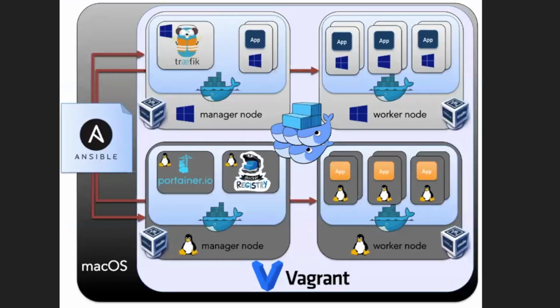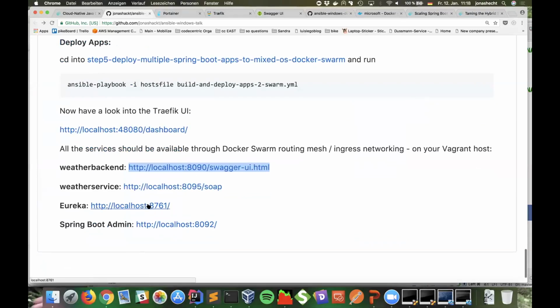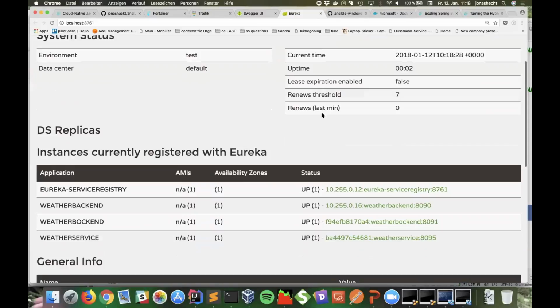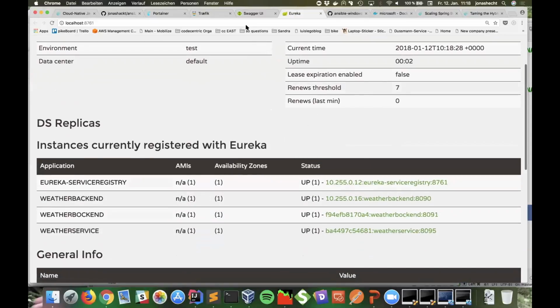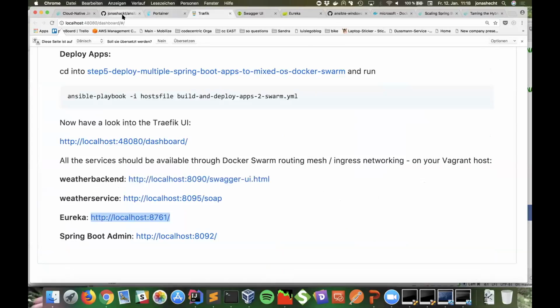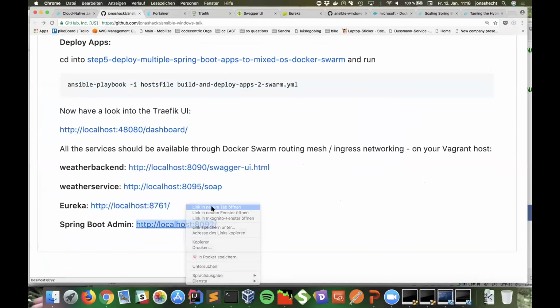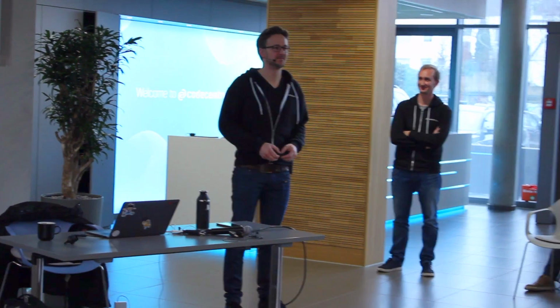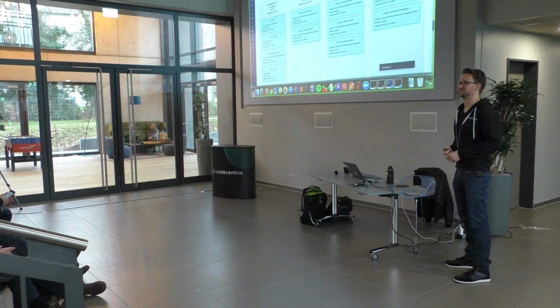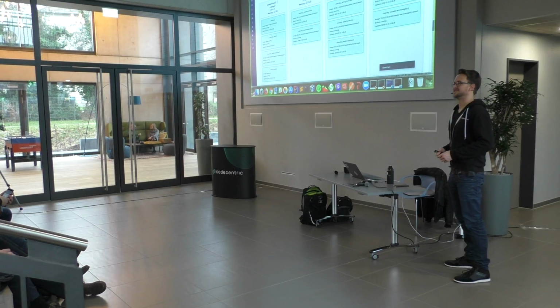So pretty cool. We should have Eureka there as well. Right. There are some services, and I hope there should be a Spring Boot Admin. So, no. Okay. Yeah, thank you very much. That was the last big thing. I think a blog post about the one more thing is coming. And yeah, thank you that you made it this hour. And I hope you have some power left for coffee break.